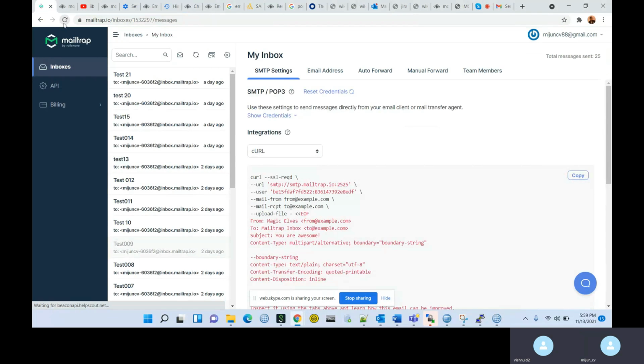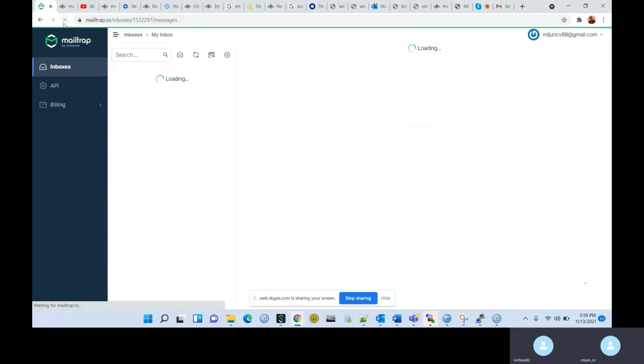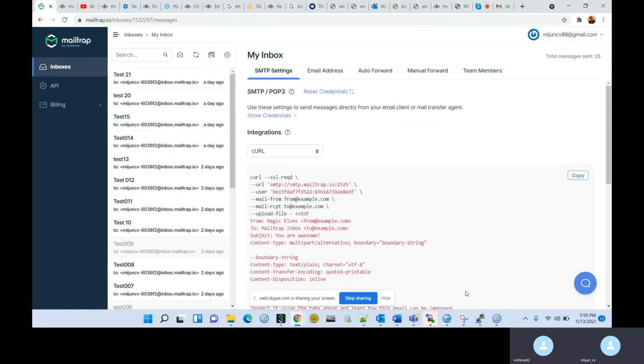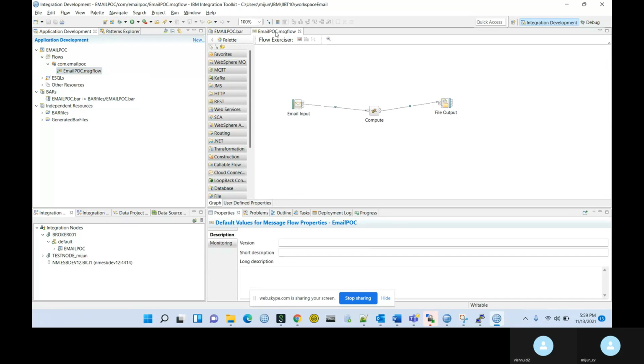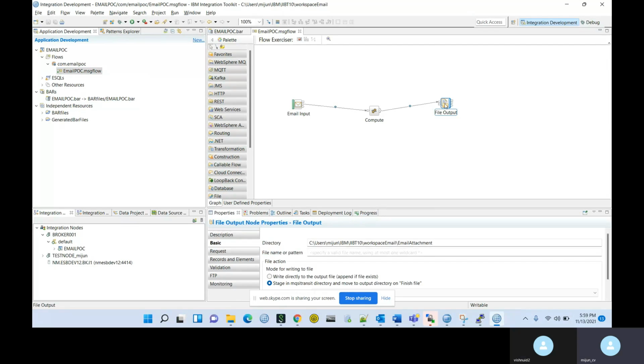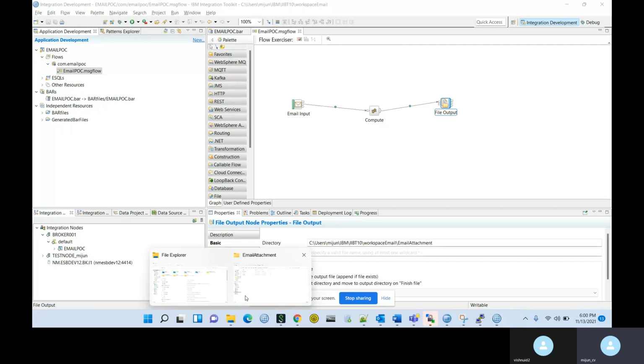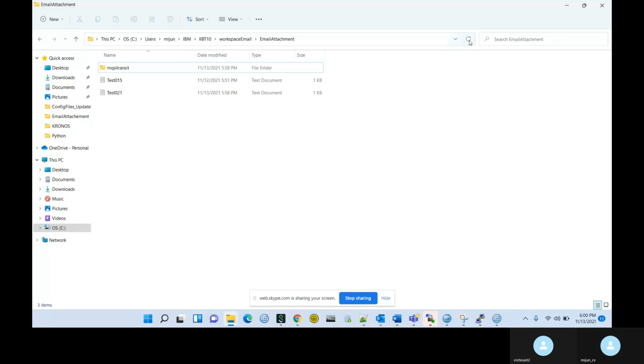So I'm refreshing my mailbox. I can show you where this particular message is going. For the output node, I have selected this folder, the email attachment folder. So this is the folder where I should get the message.